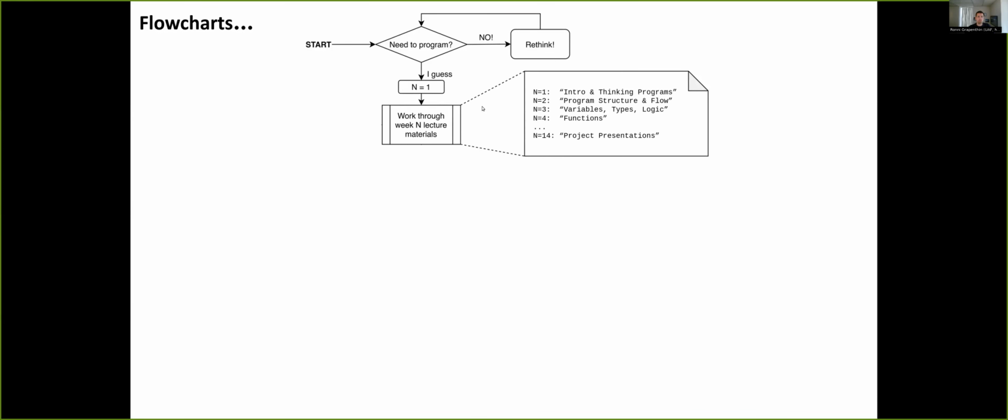And then there's a process task here: work through the weekend lecture materials. Every week we publish lecture materials. So we are right now at n=1, and you're working through intro and thinking programs. Here's a lookup table that tells us what the headings or the topics are for each week. Okay, so you are in week 1, you look at the table, you should be looking at intro and thinking